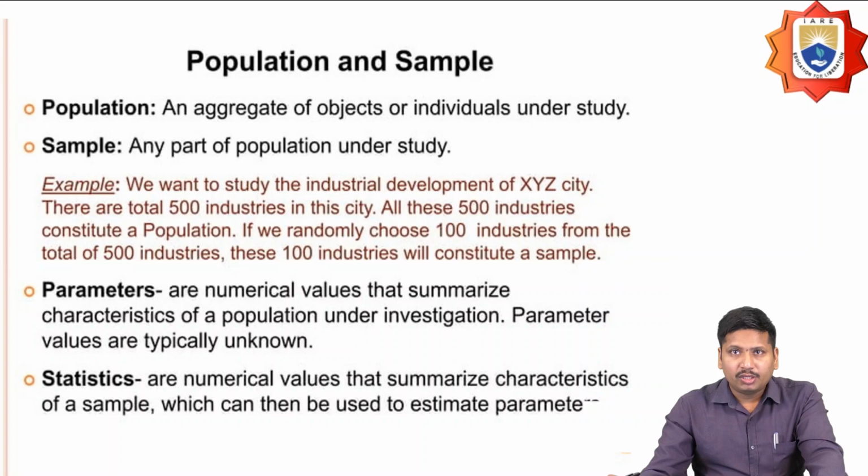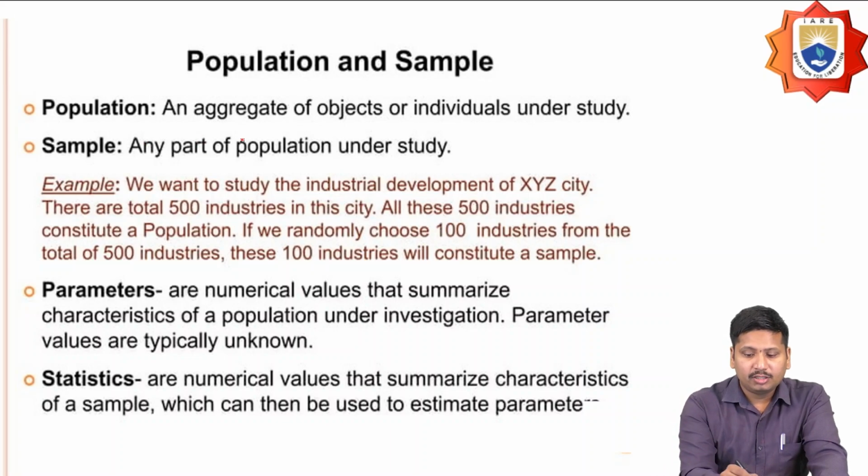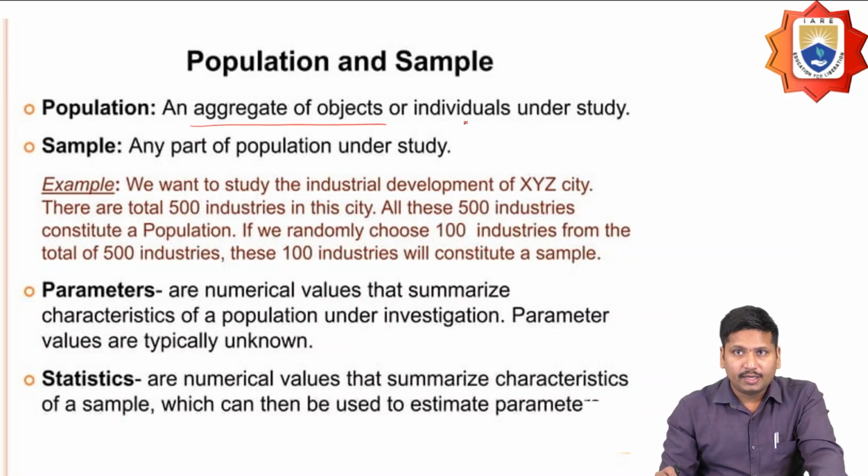And next we are going to see what should be this population here. So population is nothing but the aggregate of objects or individuals under the study, and then sample means any part of population under the study. So normally we are going to take the aggregate of various objects or individuals which are going to be under study should be treated as a population, and the sample may be that any part of